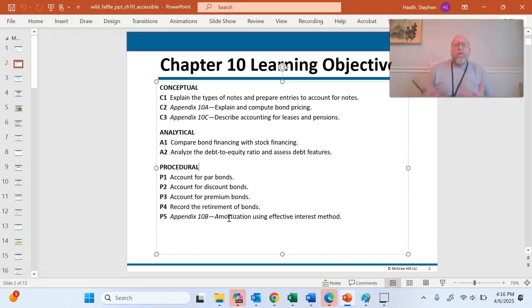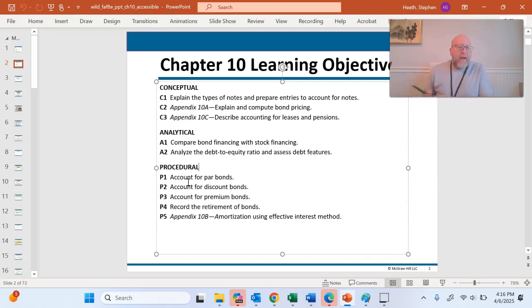And there are all sorts of different situations when we borrow bonds. Okay. So we can borrow bonds at par, we can borrow bonds at a discount, and we can borrow bonds at a premium. And that's essentially the main framework of this chapter. We're going to cover those three scenarios with respect to bonds. Then we're going to account for the retirement of bonds, right? So what happens when we sell a bond or we